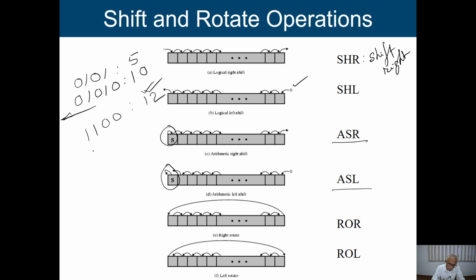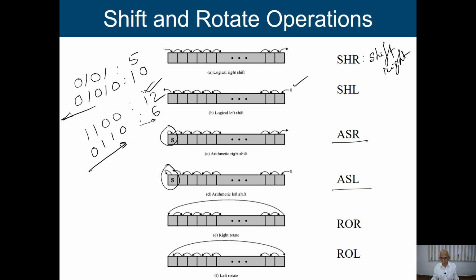Now if I do shift right, then what will I get? Basically the sign bit will not come into the picture. I get this value. So if this is 12, then what is this? This is 6. In general, if I do a shift left operation, and we are working with a numerical value, the effect is equivalent to multiplication by 2. And if we do a right shift operation, then it is equivalent to division by 2.